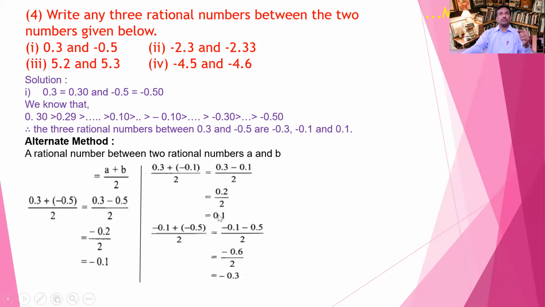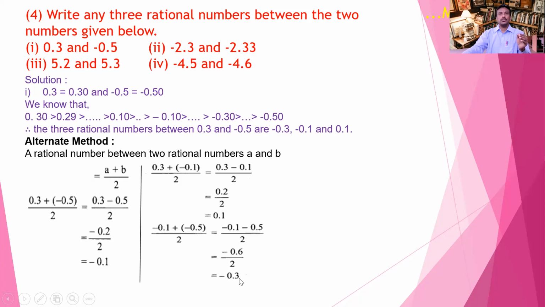Now similarly we can find the third rational number in between A and B. Similarly means minus 0.1 and minus 0.5. We will take any two numbers and find out the numbers in between those two numbers. Minus 0.1 plus minus 0.5 upon 2 is equal to minus 0.1 minus 0.5 upon 2. Minus minus means addition is there, means minus 0.6 upon 2, and 2 zeros are 0, 2 3s are 6.